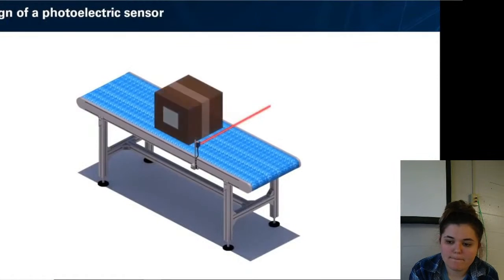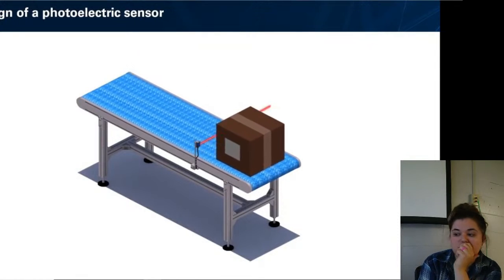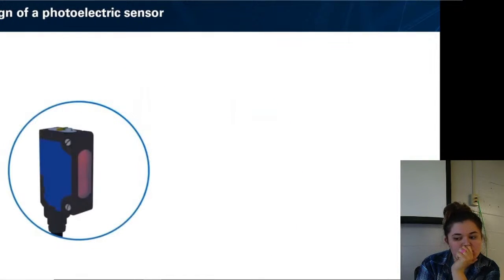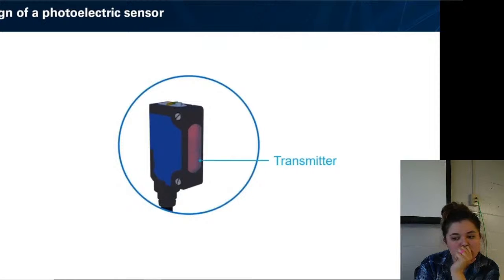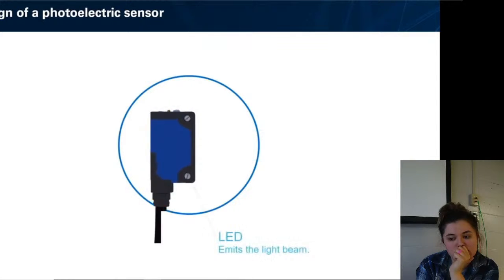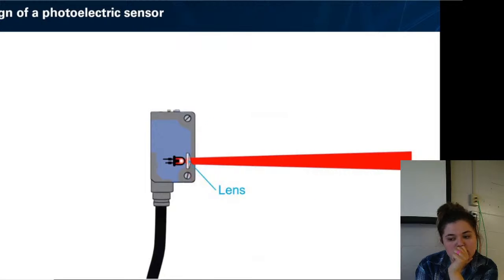As already mentioned, the detection technology is based on the light beam emission and detection. The system always has 2 parts: the transmitter for light beam emission, and the receiver for light beam detection. The light beam is emitted by the LED, light emitting diode. The lenses in front of the LED and the receiver focus the beam in order to increase the energy received